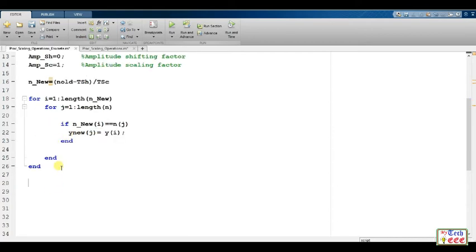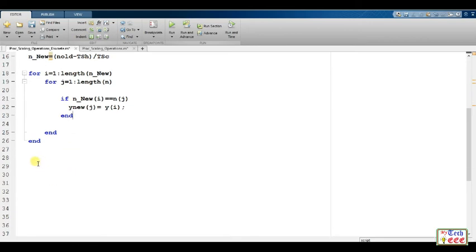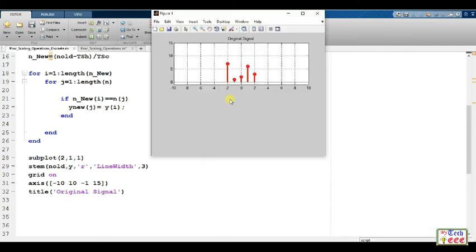Now let's plot the original sequence and the transformed signals using the subplot command. So here is the original sequence plotting in the subplot command at position 1. Now let's run the program. So this is the original sequence and now let's perform the amplitude operations on the transformed signal and finally let's plot the transformed signal.